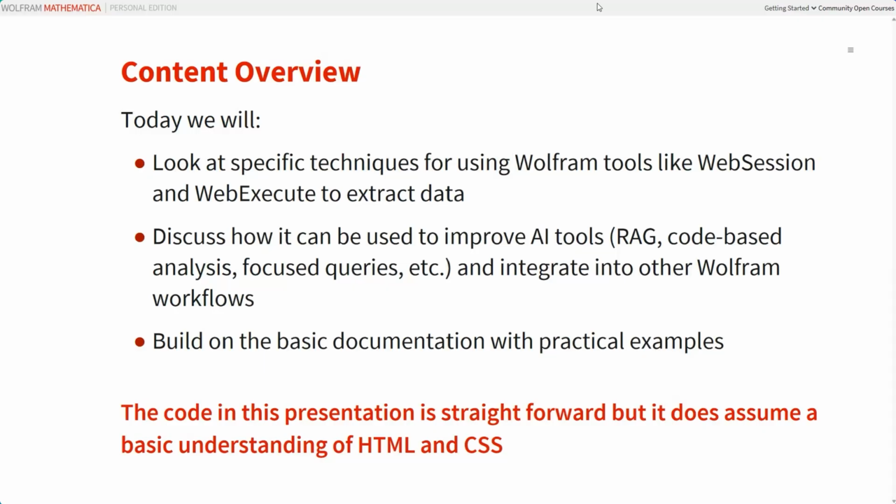Looking at the documentation for Wolfram for the WebSession and WebExecute, it includes what you need to know. What we want to do is give you some examples of how you can use it. I will say that in this presentation, the code is relatively straightforward, but it is going to assume that you have at least a basic understanding of HTML and CSS. But if it's been a while since you took your last basic web design course, I'll try to move slowly